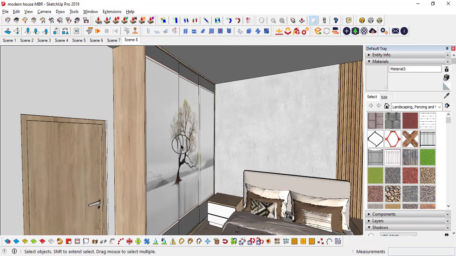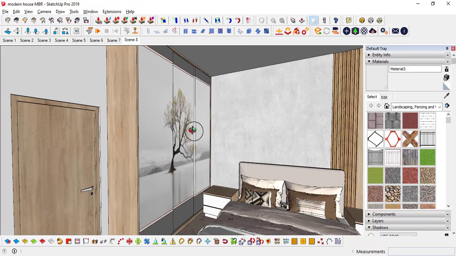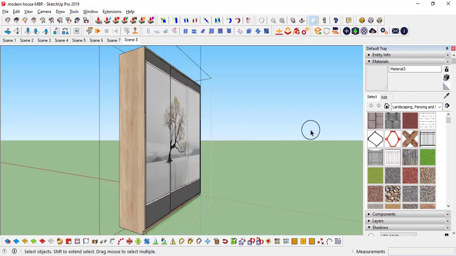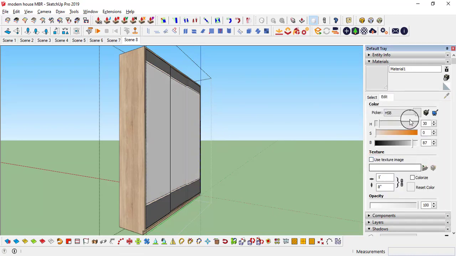So not with the DigiPrint. Actually, for the Scandinavian, most of the color pattern should be white and wood. So what I'm going to do, I'm going to make this a simple white one, RGB and white.